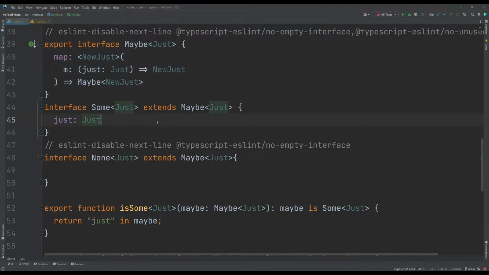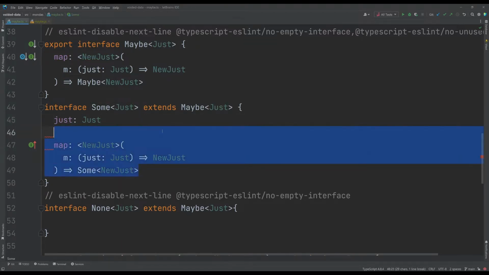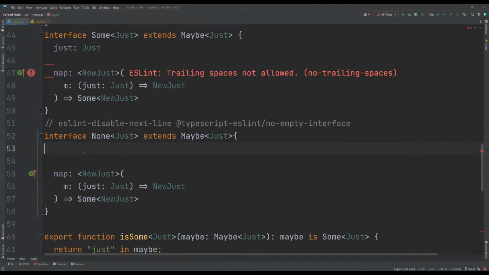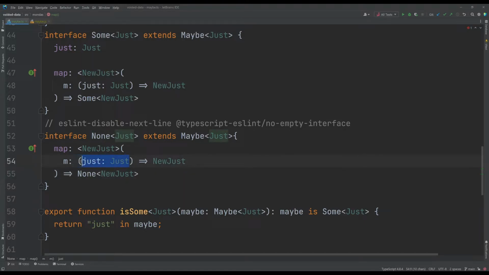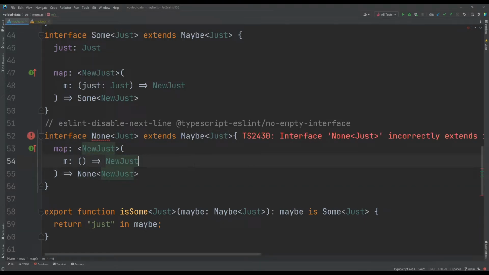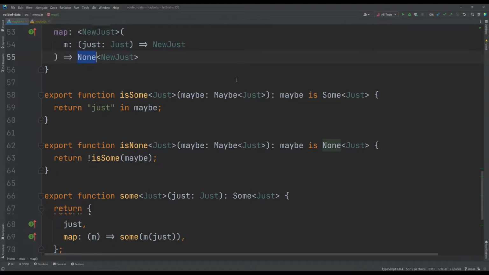We can do furthermore one thing. That is, if we already know we are a sum, then we can also return a new sum. And we can look at this in a second. And in the case of the none, we also know we are going to return a none of this. We can actually even simplify it like so. Not with the linting rules I have. This doesn't matter. We know we are going to return a none.